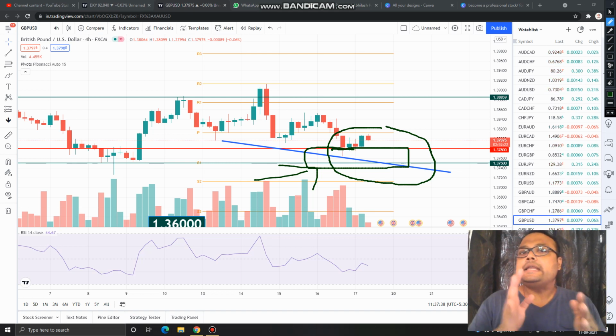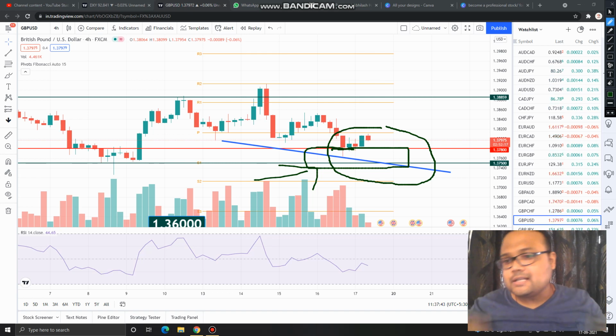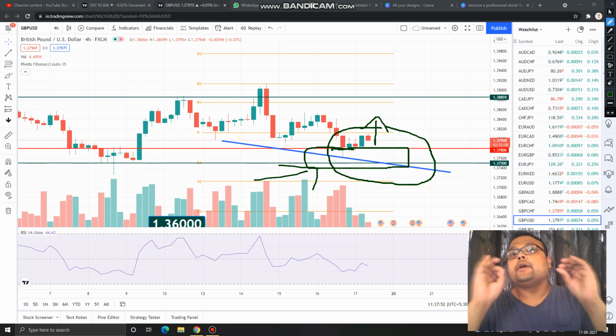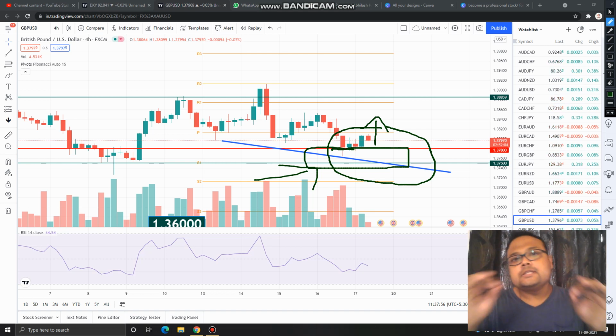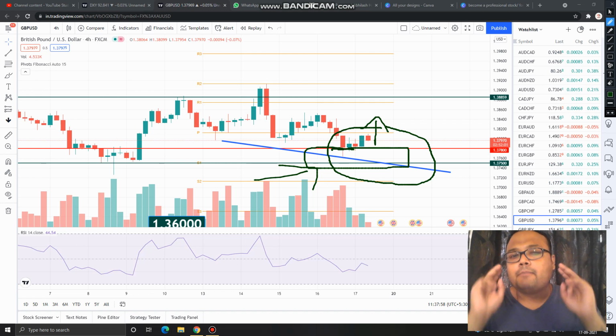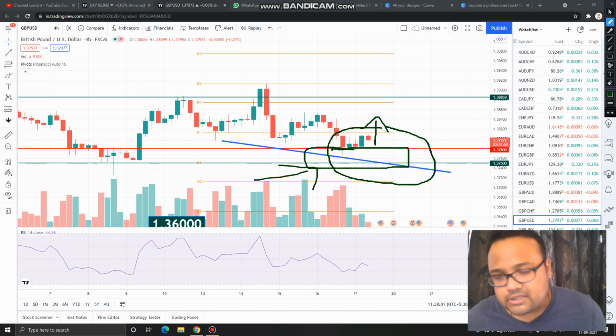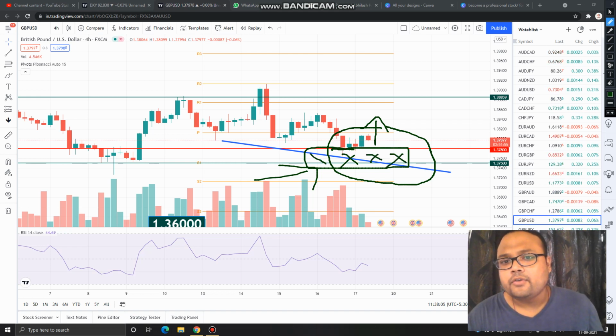On the other hand, in case there is a sharp fall on DXY, where the chance is quite less, but still, in case there is a sharp fall on the US dollar, then there should be good buying on GBP USD. Then you can go for a buy order. But till then, if you find the dollar going up and GBP USD struggling near the support level, my dear friend, please avoid GBP USD. There are other options where you can trade. Your loyalty should be towards making money, not towards GBP USD.